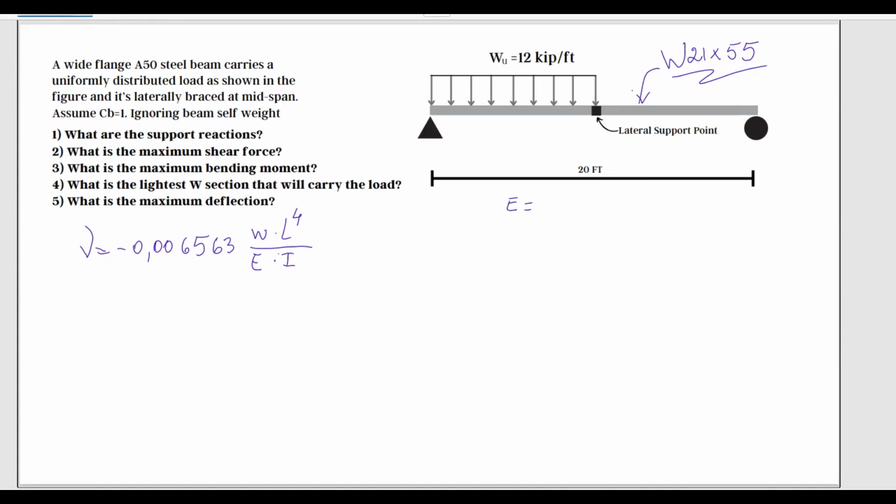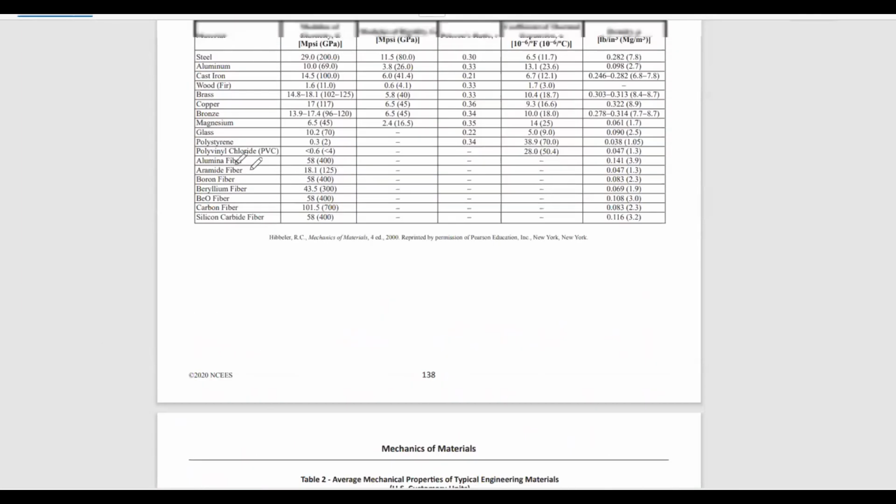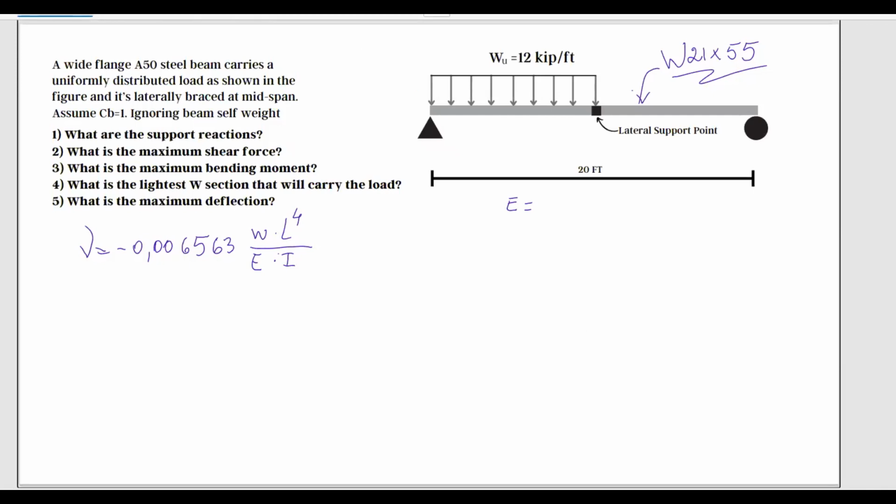for steel. If you don't know it, it's also given in the FE handbook, under mechanics of materials. There's a table here somewhere. So modulus of elasticity for steel is 29 mega pounds per square inch, which gives you 29,000 KSI. Mega is 29 times 10 power 6. Giga is power 9. So KSI is power 3. So we're going to have 29,000 KSI. Okay, so for steel, we have